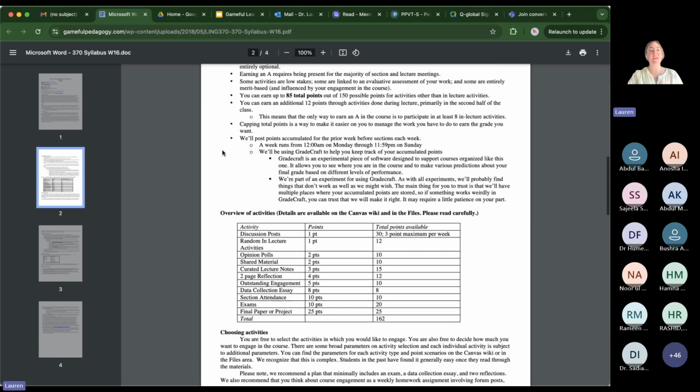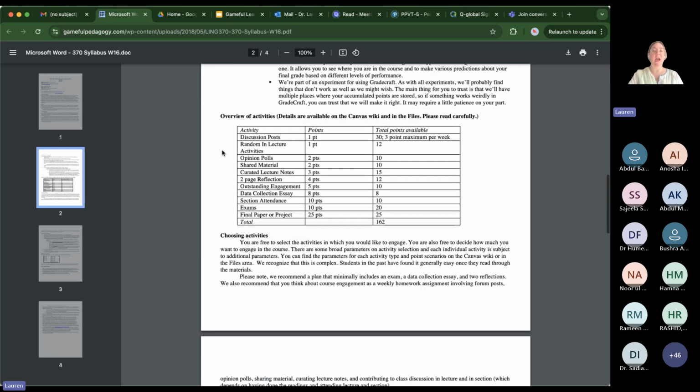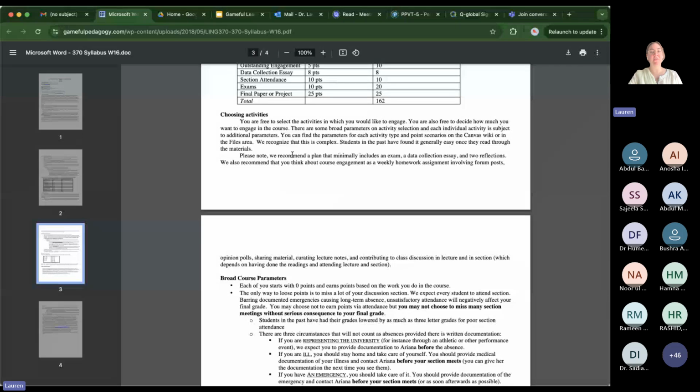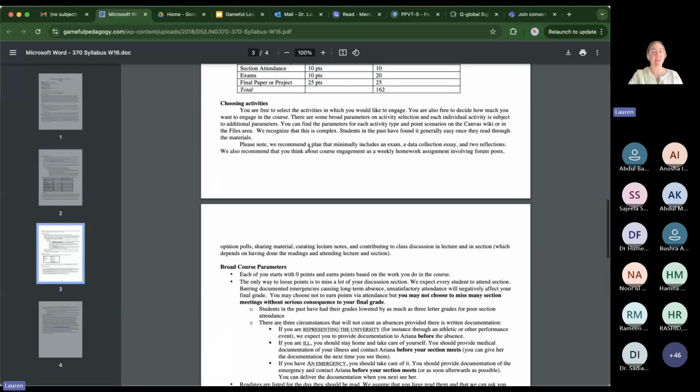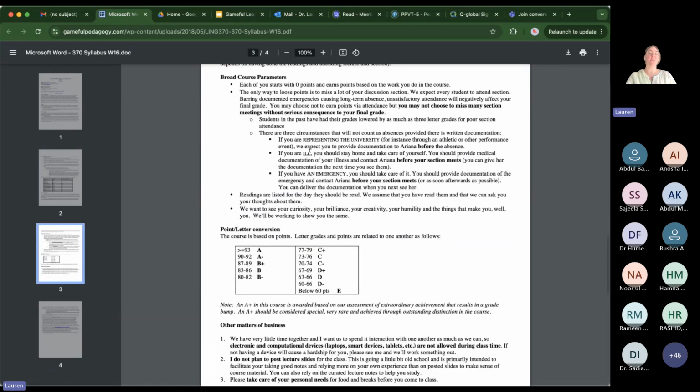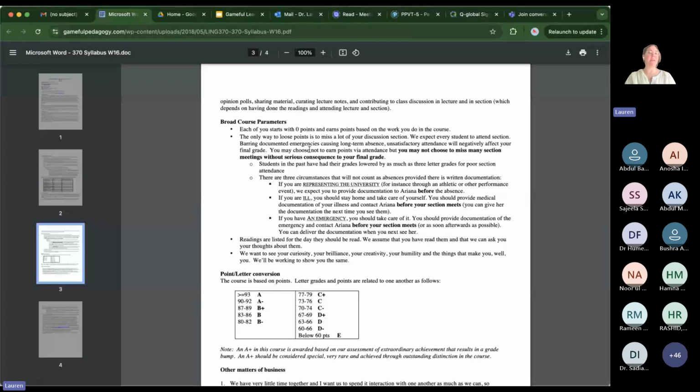All right, so she makes it very, very clear how students are going to do these activities. She gives an overview of the activities here. She explains how to choose activities and gives some tips on the best way to choose activities, and so on and so forth. So it's a lot of information up front, but it's not very difficult to understand.